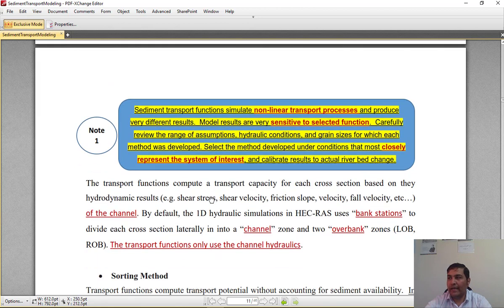Overall, you know that sediment transport functions simulate nonlinear transport processes and produce very different results. Model results are very sensitive to the selected function. Carefully review the range of assumptions, hydraulic conditions, and grain sizes for which each method was developed. Select the methods developed under conditions that most closely represent the system of your case study, and calibrate results to